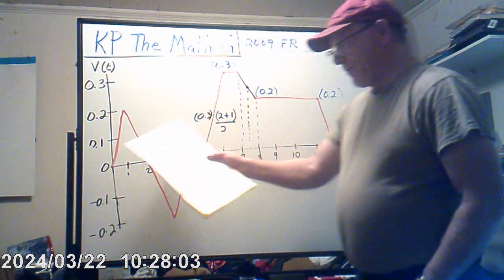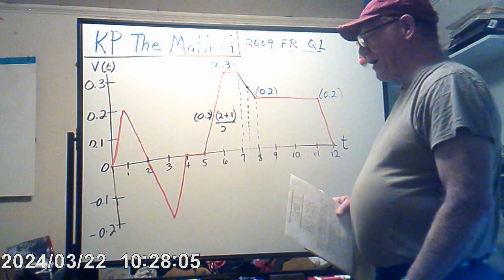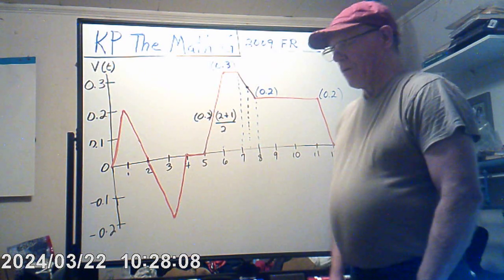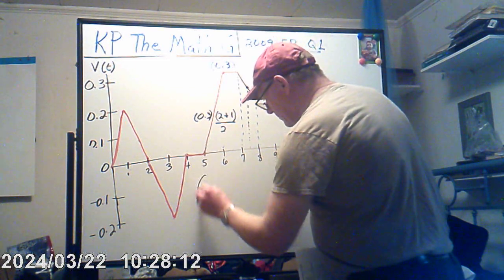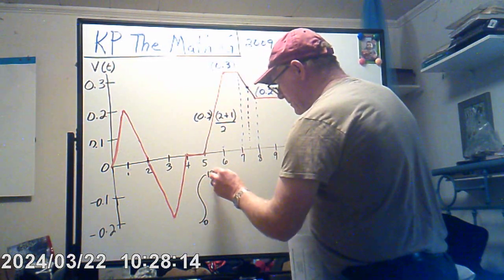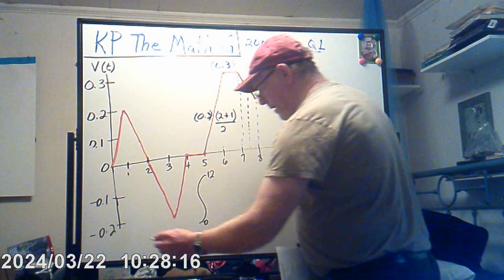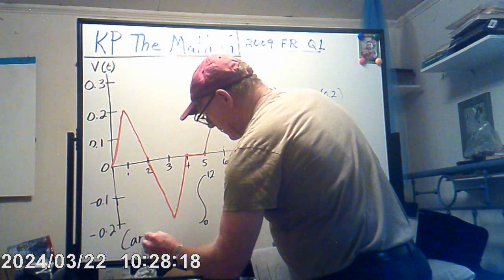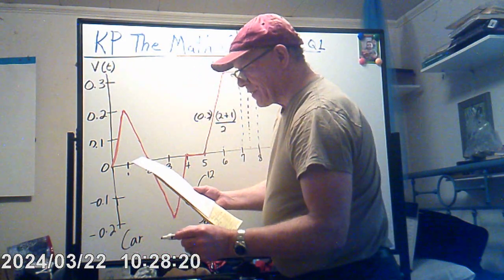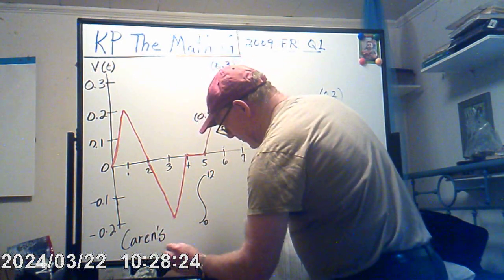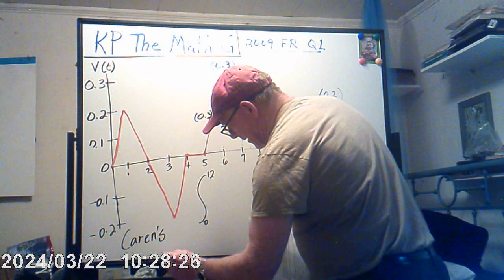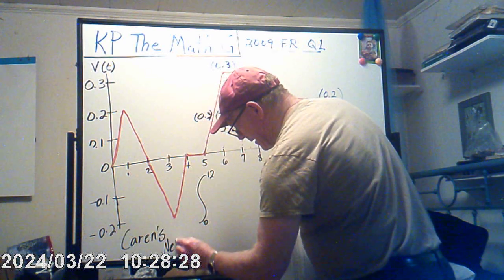Let's go ahead and really figure out how far Caren is from home. Now, we're looking at Caren's distance. How do you spell Caren? Caren's distance. And that's called the net distance now. Net distance